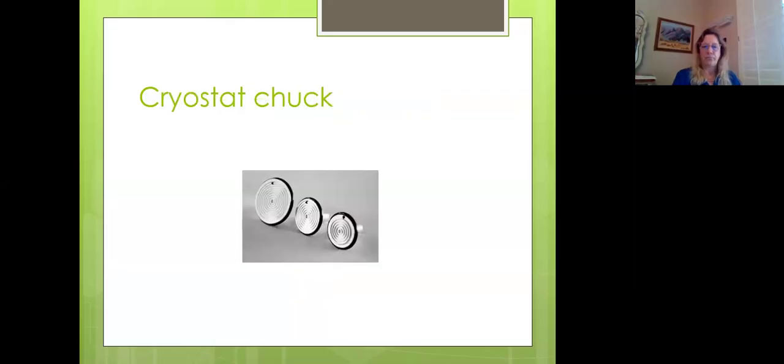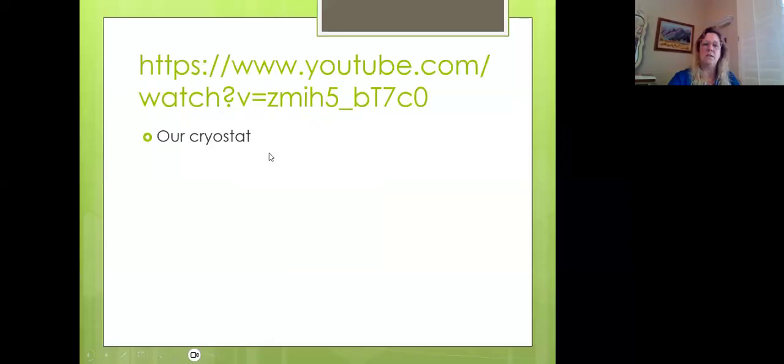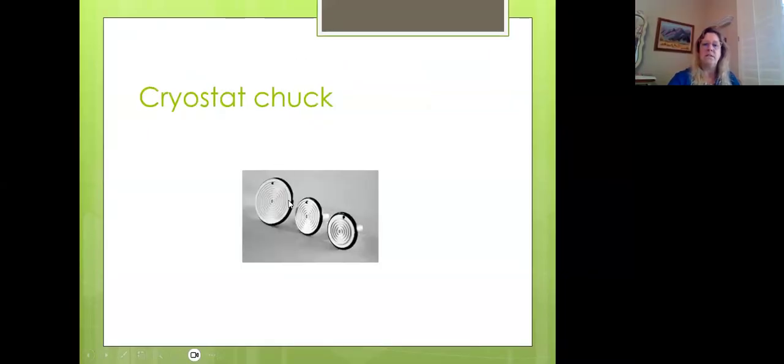Okay. These are the chucks that I'm talking about. See how they have a little peg on the back of them? When you're embedding it, you're going to put the little peg down,